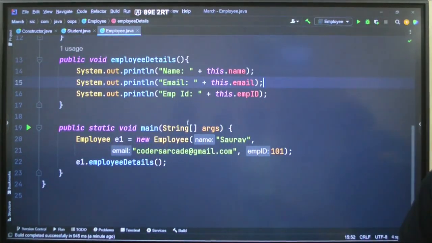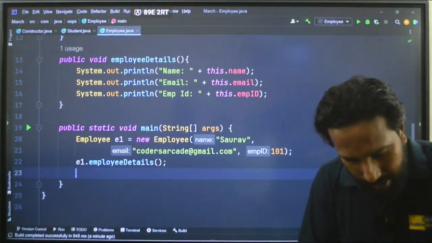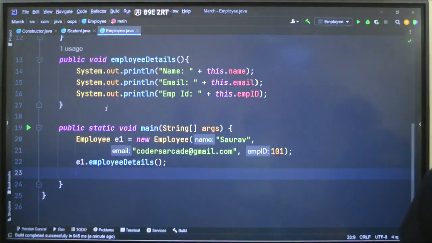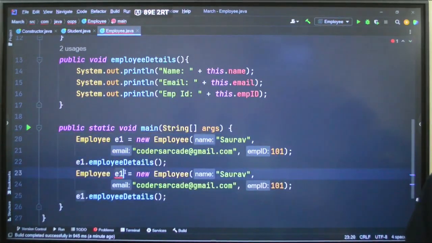So now, let's say I create one more employee like this. Let me copy the whole thing, one second. Copy and paste. This is E2 and let me write say Ashank.